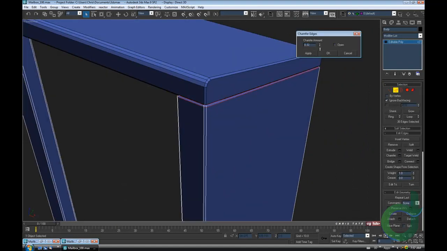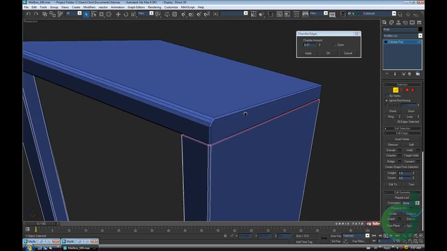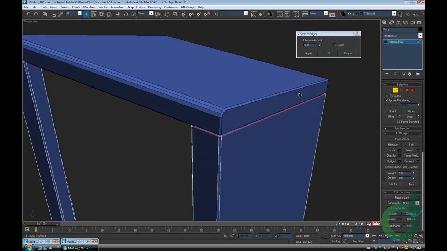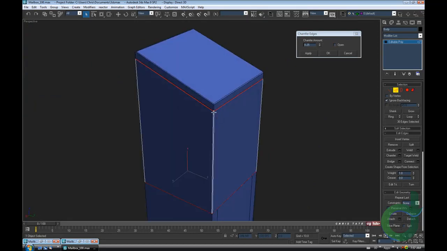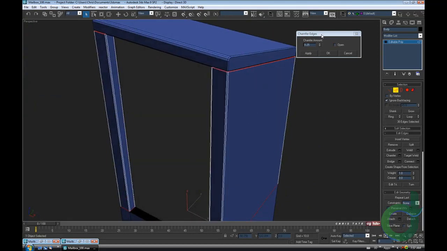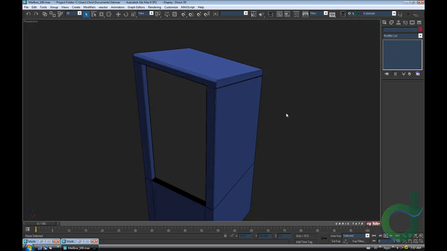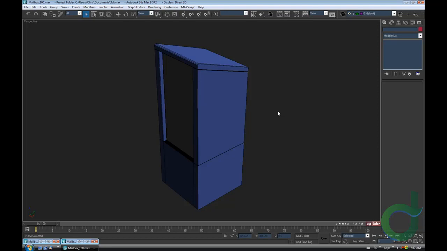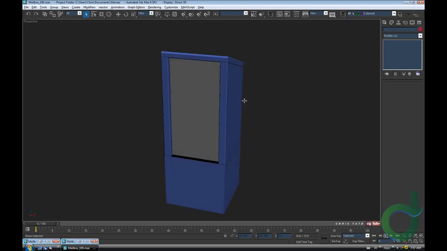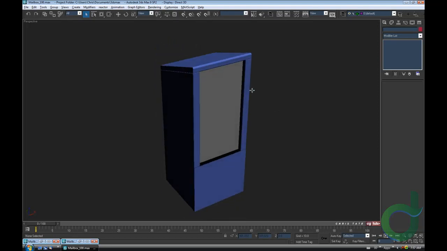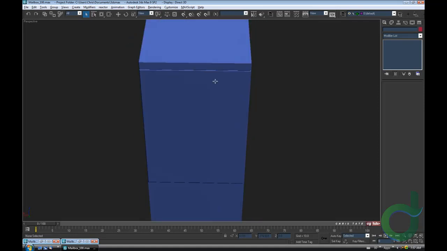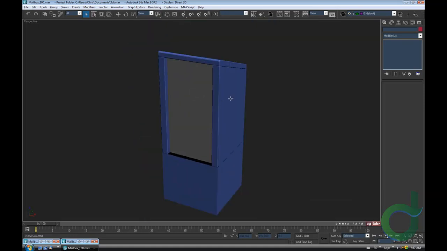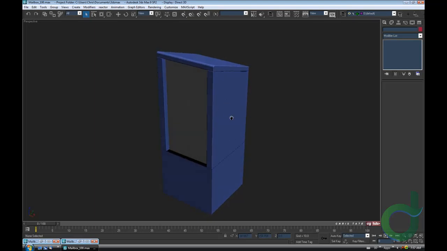Alright, I'm just going to tighten this one up a little bit. I don't think it needs to be that wide. Just going to hit Z. Alright, so we'll do 0.25 on these guys, and OK. Alright, exit edge, and just take a look here. I'm just going to toggle my edges off, F4. Alright, so that looks pretty good. That should be fine. Alright, so again, really simple, but I don't think we really need to do any more